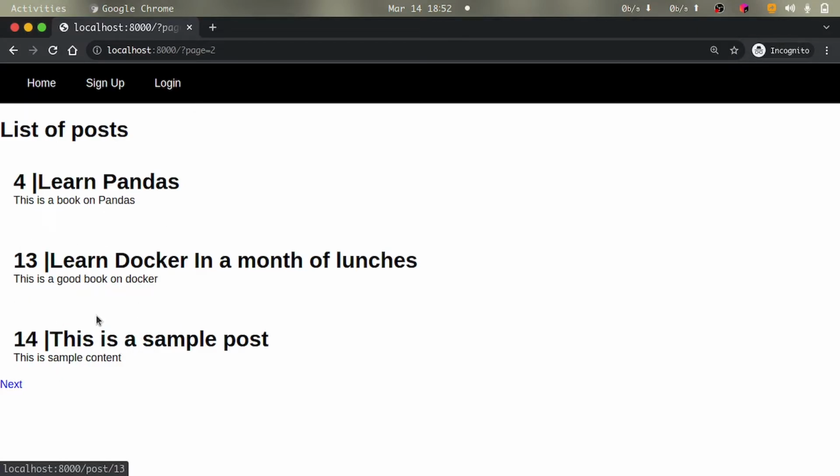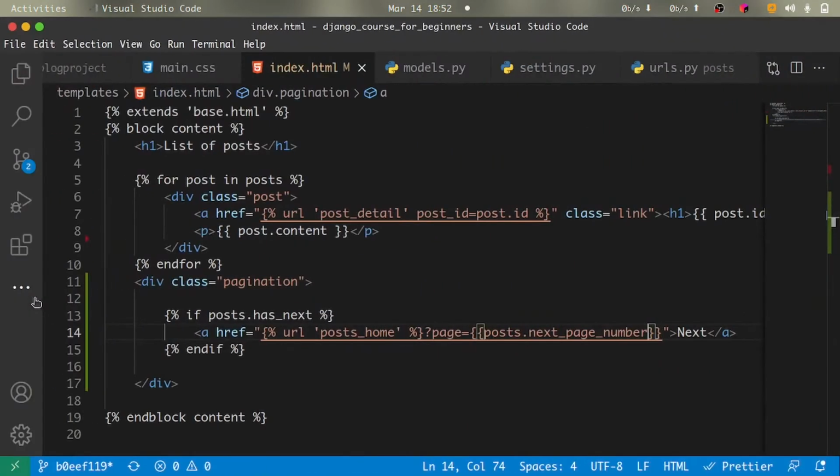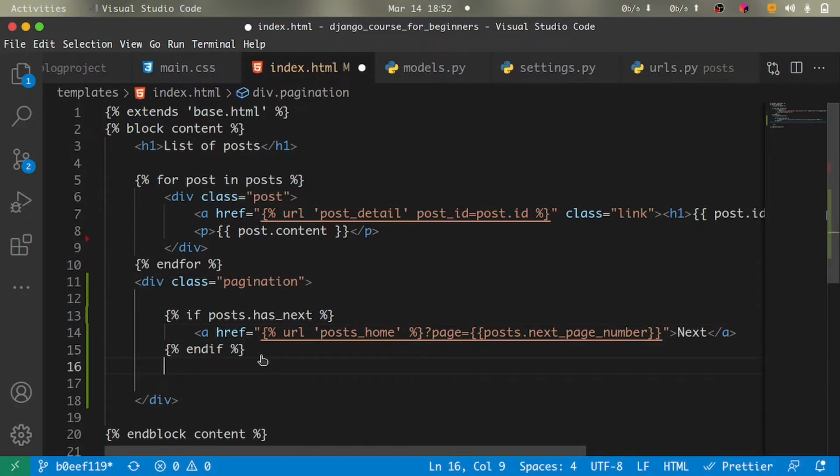Now this is working. So when I go ahead and also press next, we have the post that is on our last page. Now what we also want is to display the page we are currently on. Now I'm going to come right here, and all I have to do is display our page number. So I'll simply create a simple paragraph. Now this simple paragraph is going to have the page we are currently on, as well as the number of